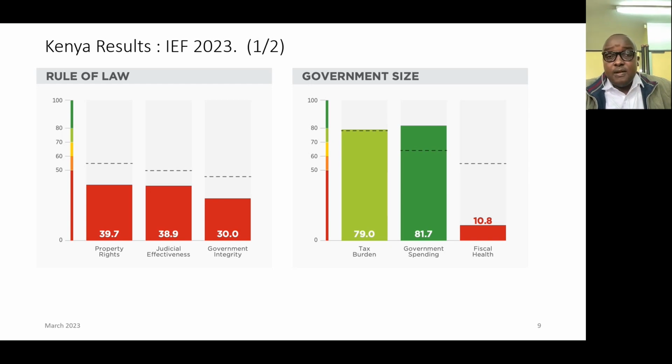On the government spending side, the score is 81%, which is considered mostly free, while the tax burden is considered free. And on the other side, the tax burden is 79%, considered mostly free. The one in the darker green is considered free, while the other one is considered mostly free. In comparative terms, one thing as economists, while the tax burden is considered mostly free, as economists we don't take